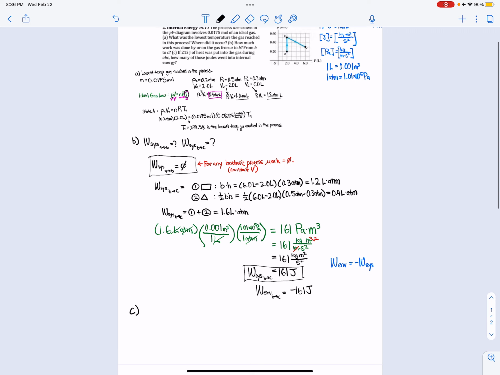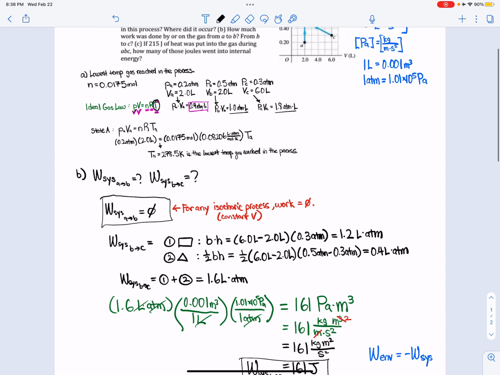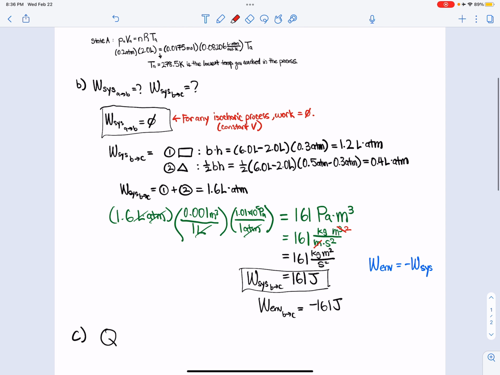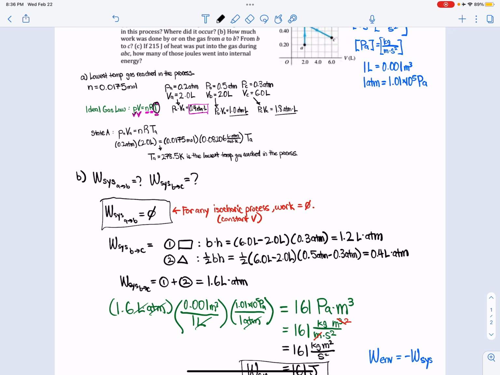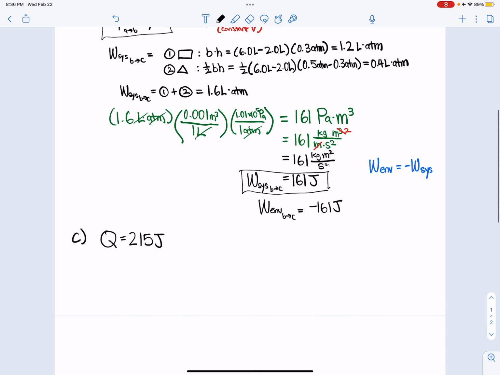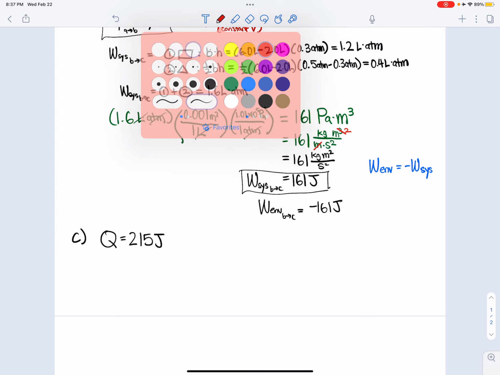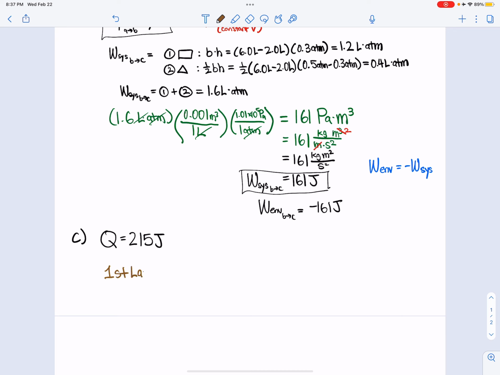Okay, so let me just write down. So Q that was added, okay? If 215 of heat was put into the gas or into the system, that means our Q is positive. So Q equals positive 215 joules, right? And we want to know how many of those joules went into internal energy or thermal energy. Well, what equation do we know from chapter 19 that deals with heat transfer Q and internal energy or thermal energy? That's the first law, right? So our first law, let's use brown. So the first law of thermodynamics